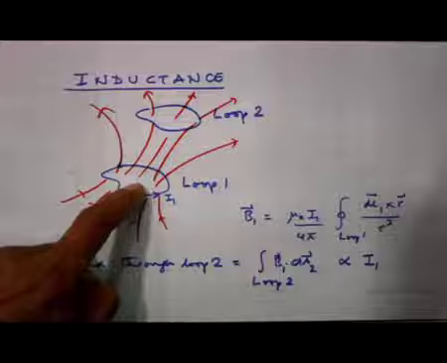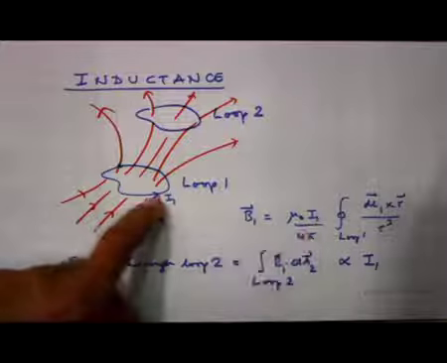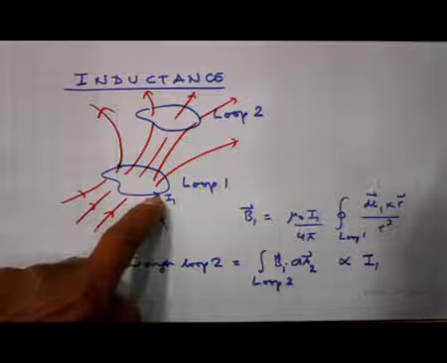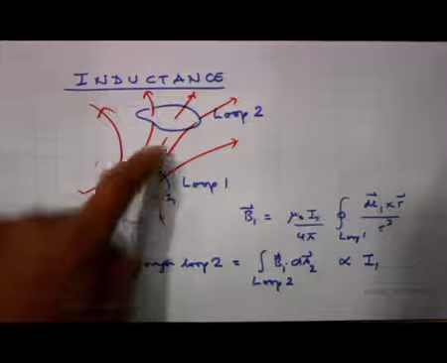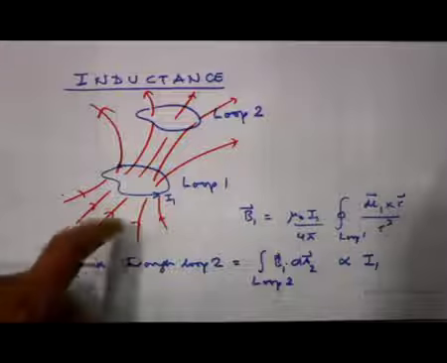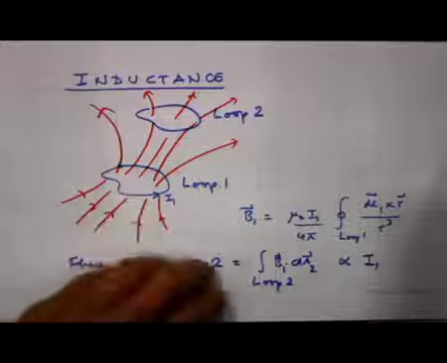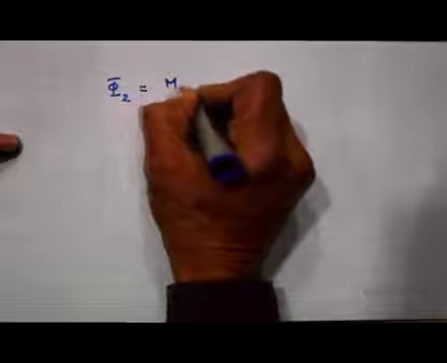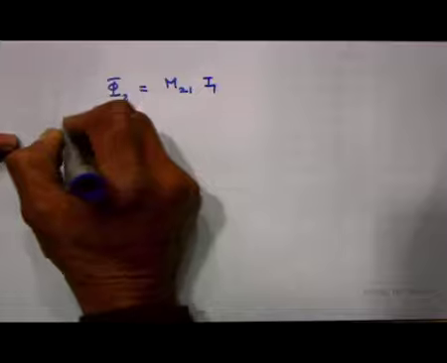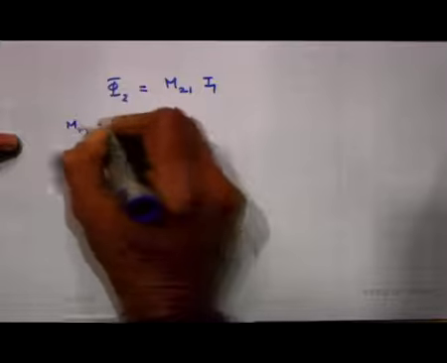The field is proportional to current I 1, and so the magnetic flux passing through loop 2 is proportional to I 1. So, I can write a relationship: flux through 2 is equal to M 2 1 I 1, where M 2 1 is a constant of proportionality